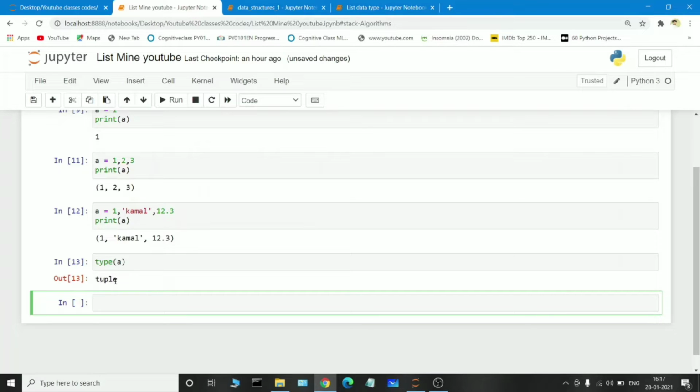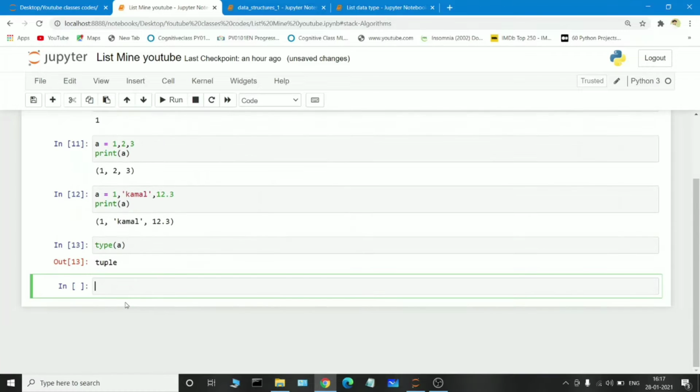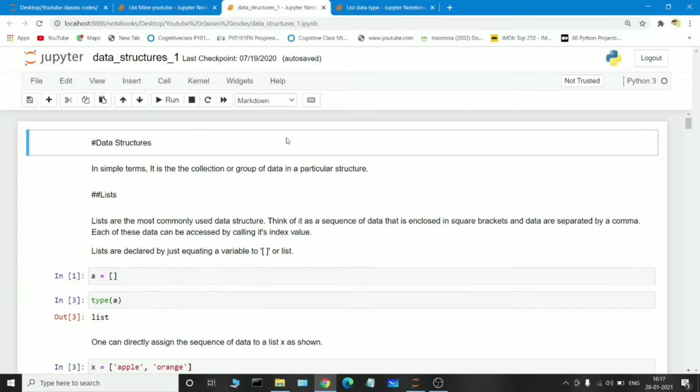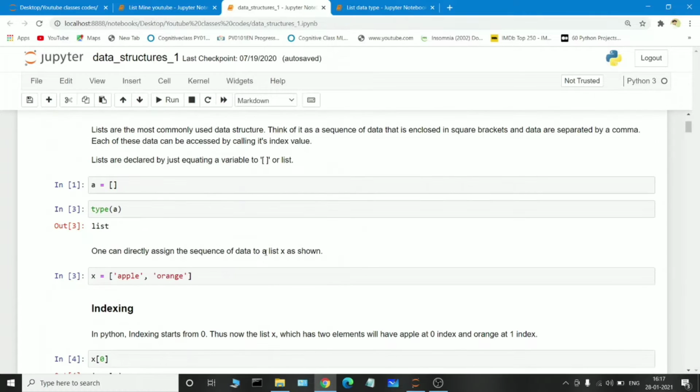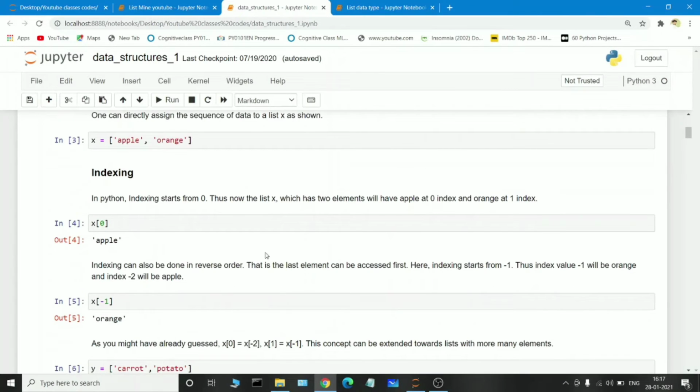Tuple is another built-in data structure we will see in the upcoming classes, but in this section we will have a clear idea about the list. A list is denoted with the help of an open bracket as well as a close bracket. If I take a variable a and pass some numbers, 1, 2, 3, a list is a built-in data structure which holds n number of data types, which means it can hold a numerical data type as well as a string data type as well as a float data type. All three can be applied in a list data structure.